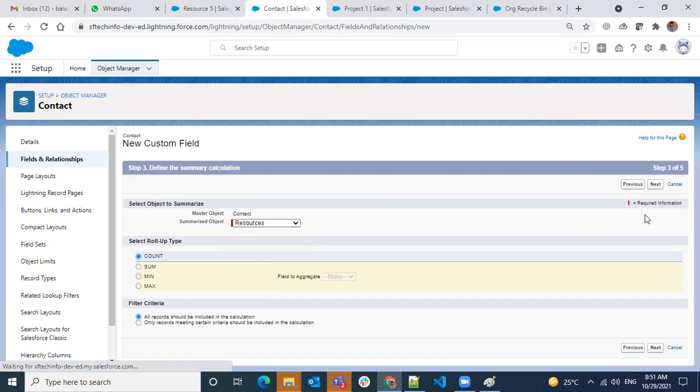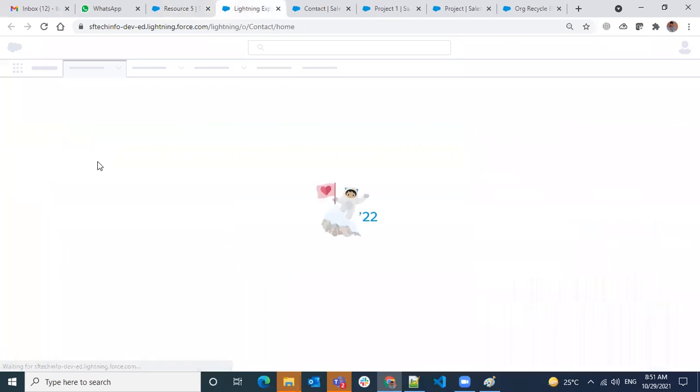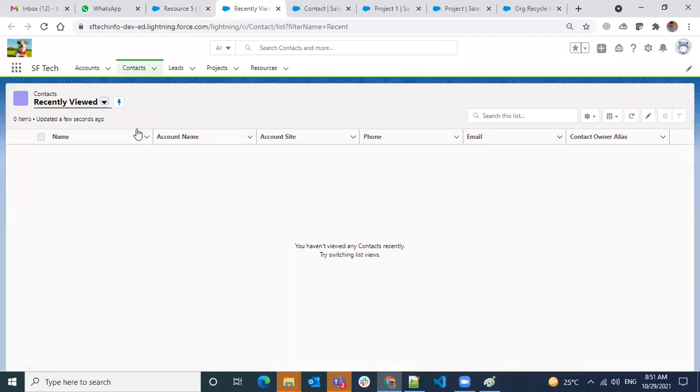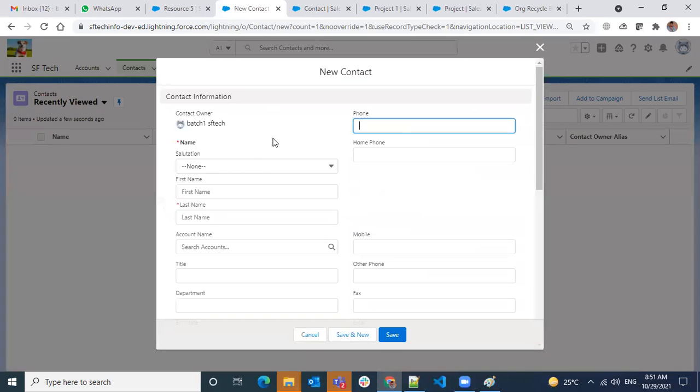Okay, now let's try to delete some records and then check. I'm trying to create some other contact here. Just make another contact one.